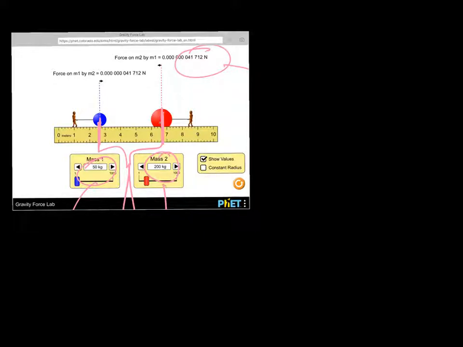Then I could go into the simulation, change one or more things, recompute, and guess what's going to happen? I'm going to get the same number. It does not matter what the mass values are, what the separation distance values are. The force associated with those masses and distances, in the force value times the distance squared over the product of masses, will always give me,